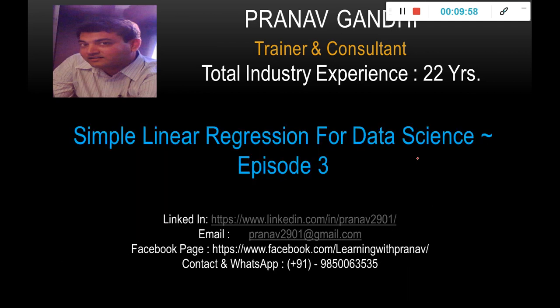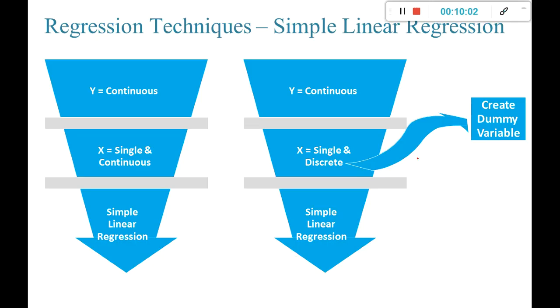discuss simple linear regression, wherein there are some prerequisite conditions. The thing is that any data scientist will get data and a business problem. Once the business problem is ready with him, he has to identify what type of modeling he has to do, whether he shall go for regression modeling, classification modeling, or what. Now there are some prerequisites for when you go for regression and when you go for classification,